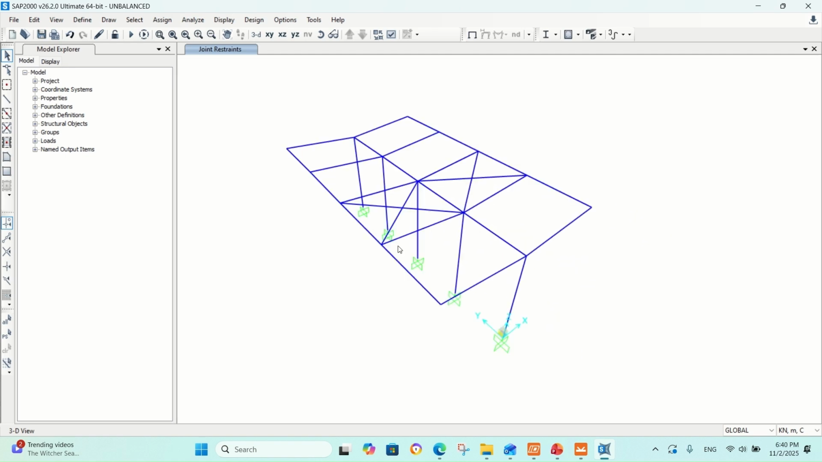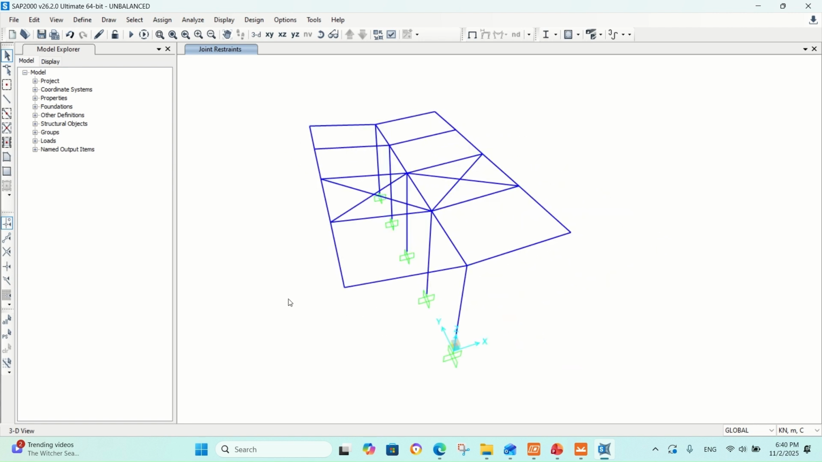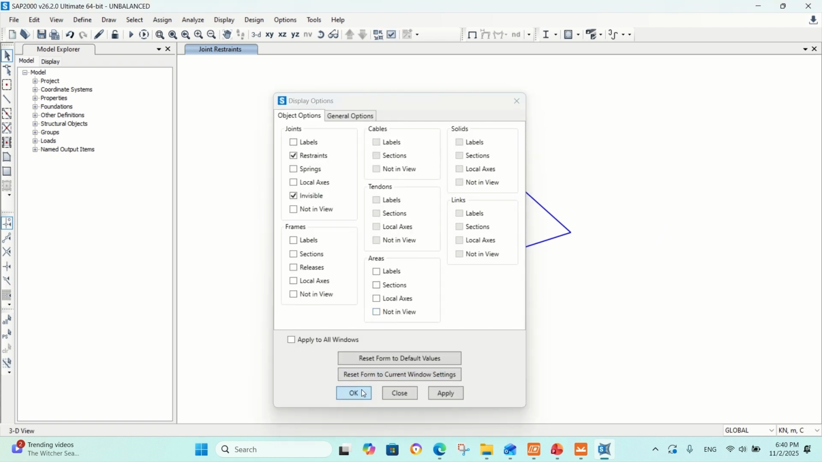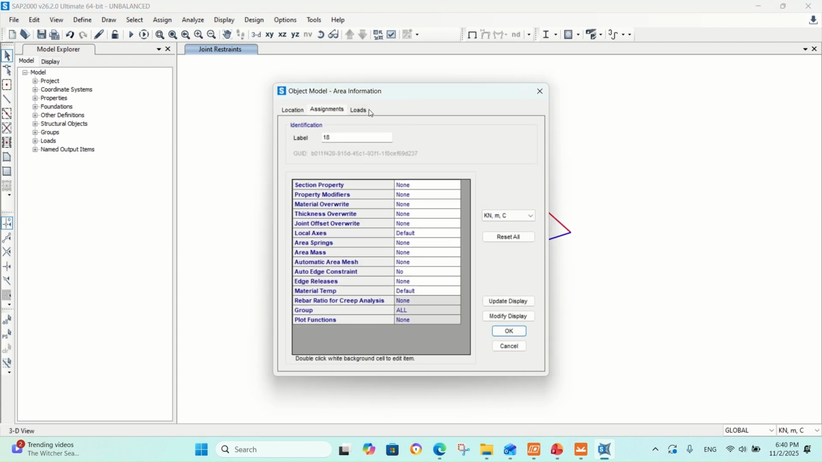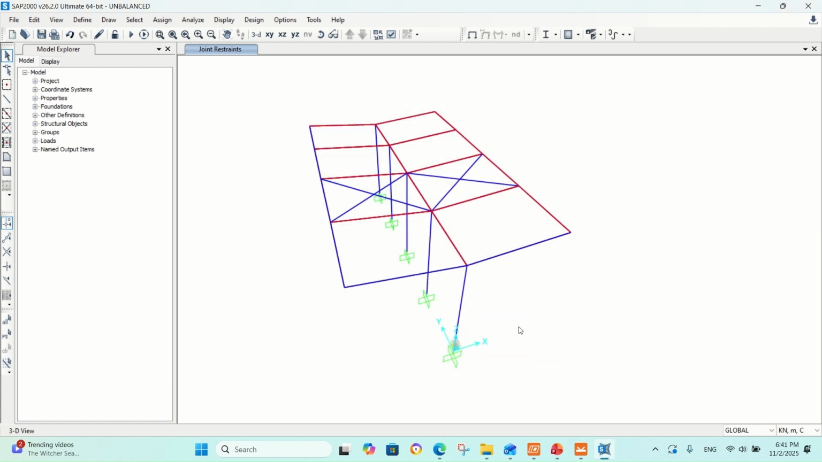In this example, we have this simple car shed. It's like a butterfly shaped canopy. And we will now check the effect of unbalanced roof live load on this structure. Now, if we assign the area load and we assign the dead, the roof live load, the wind load, the typical loads, and we run the model,